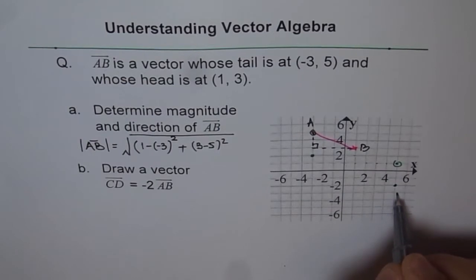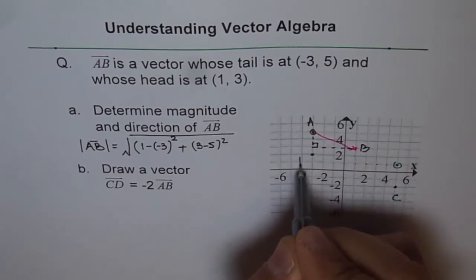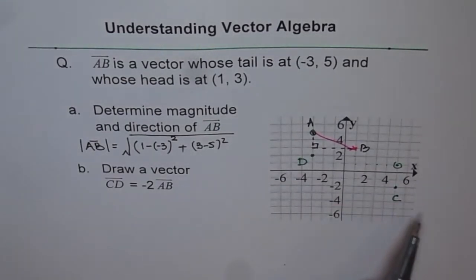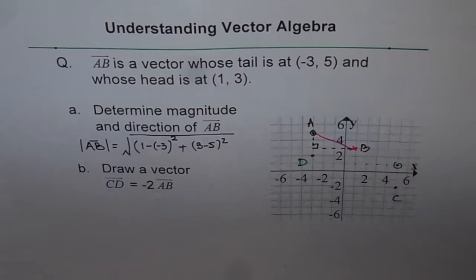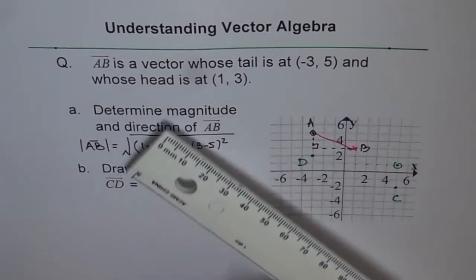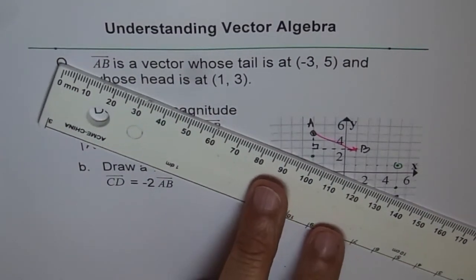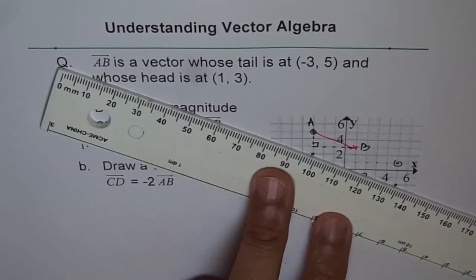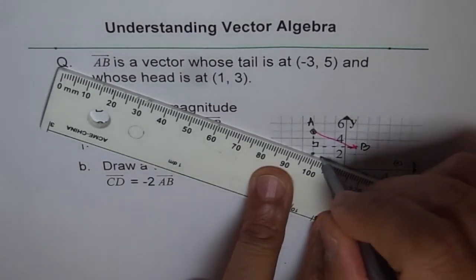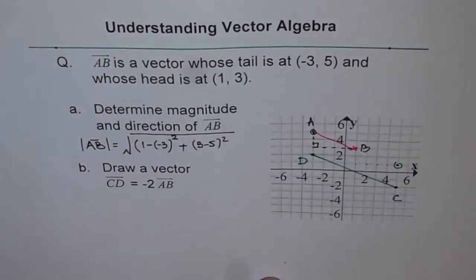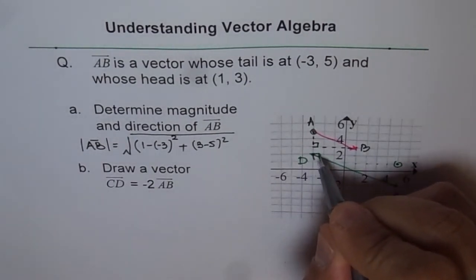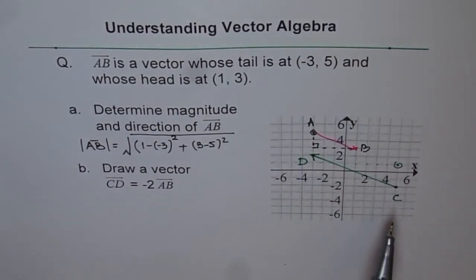So this becomes my C and that becomes my D, right? Do you see that? Now the direction reverses, right? And this vector CD will also be twice the magnitude of AB. Let's join it using the scale. So that becomes a vector CD, which is twice the magnitude of vector AB,